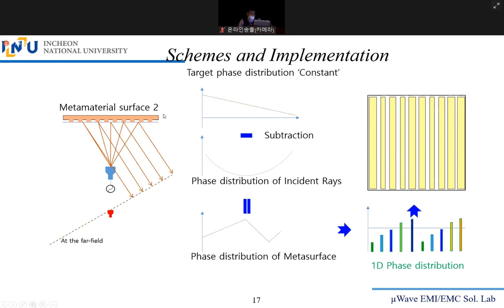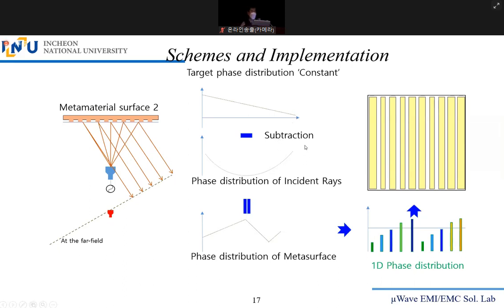And I'm telling you, this is a constant. This is a linearly descending function, linearly descending curve. Actually, this is not a curve. This is a first order function with the negative slope, right? To tilt the beam, I need to have this wavefront. I need this phase distribution here. So here the wave travels a longer path, and here the wave travels the shorter path, like that.